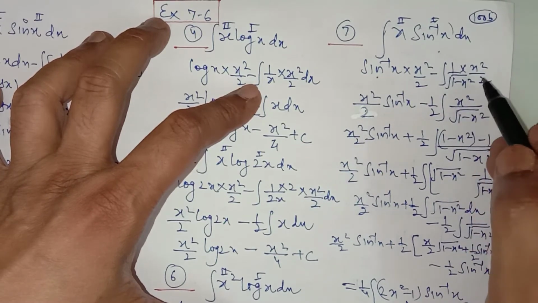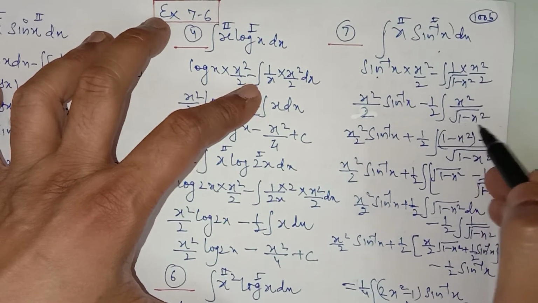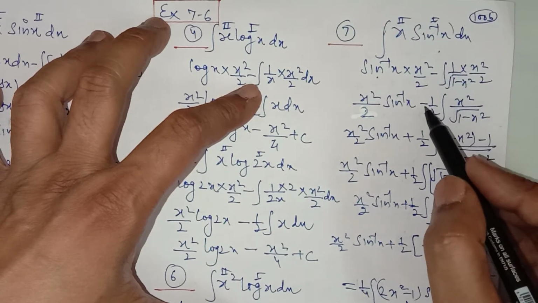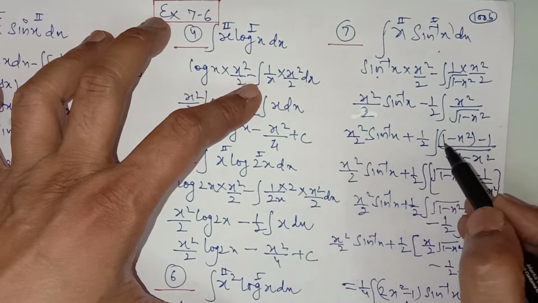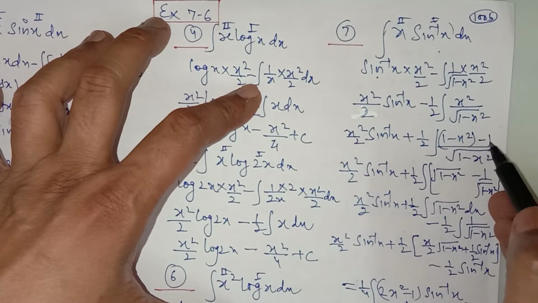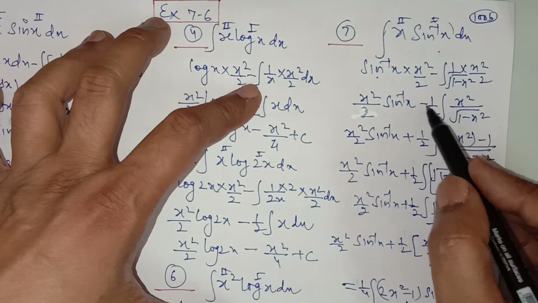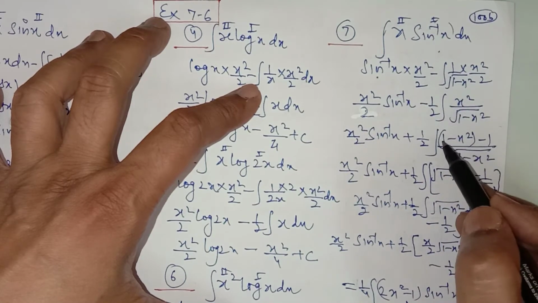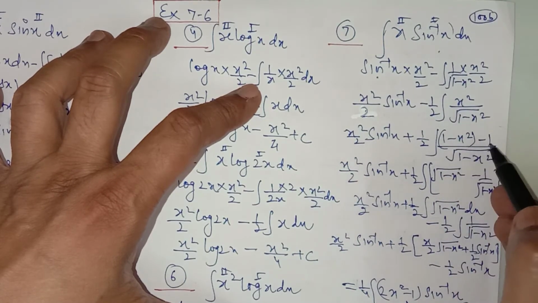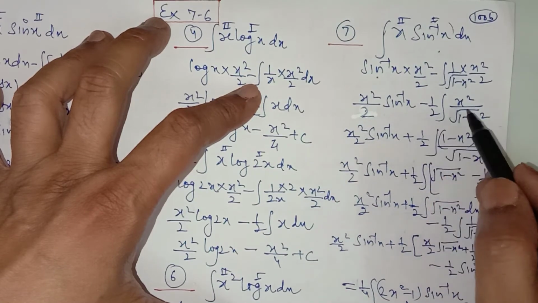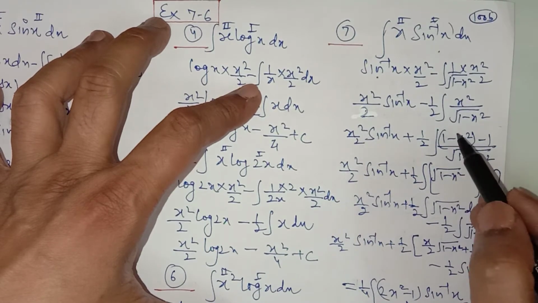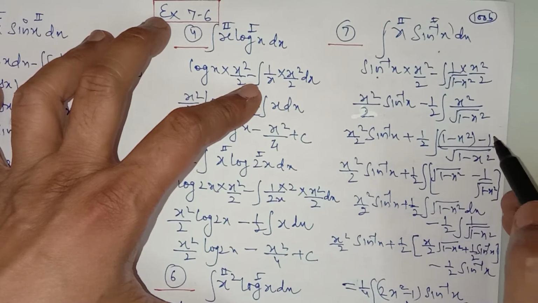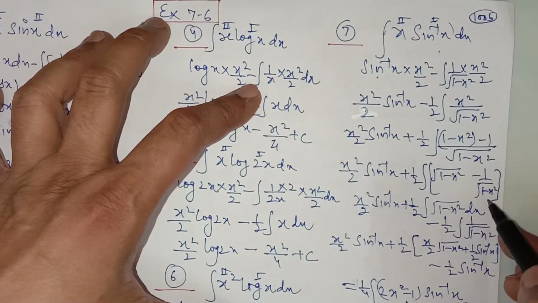So what I have done, I have written it as x square upon under root 1 minus x square. I have put the negative sign here with x square, minus x square, and put positive here, adding and subtracting 1. Why I have done it? Again I am telling, I have taken minus 1 with x square and added and subtracted 1. So 1 minus x square minus 1, and the plus sign will be there because the minus sign I have taken with x square. Break this into two: 1 minus x square upon under root 1 minus x square will be equal to under root 1 minus x square, because x upon root x is root x, and minus 1 upon under root 1 minus x square.